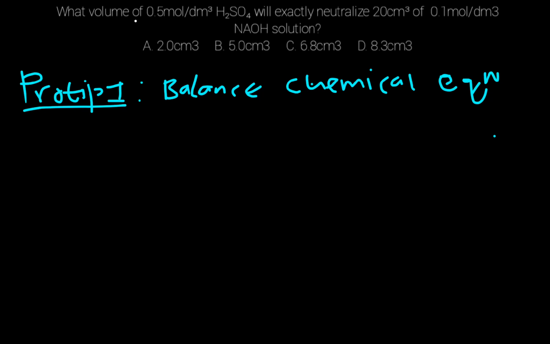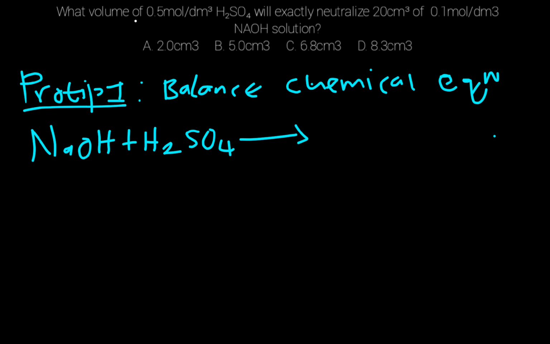So we balance the chemical equation, and that would be NaOH plus H2SO4 on the reactant side, and our product will be Na2SO4 plus